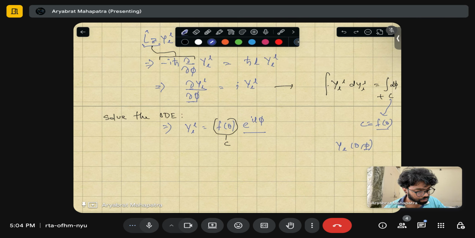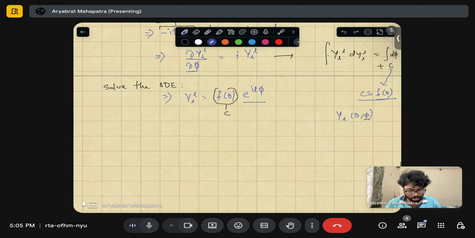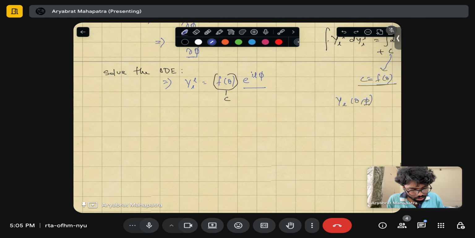So call that constant f of theta, then that will be... okay. Then